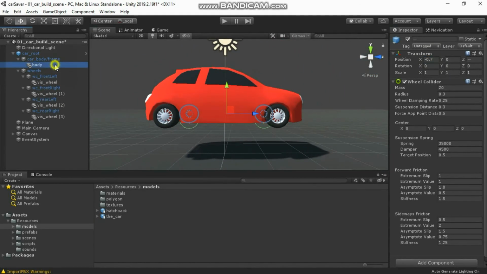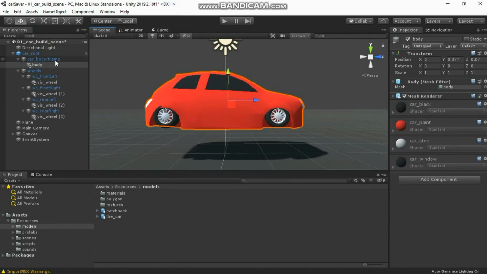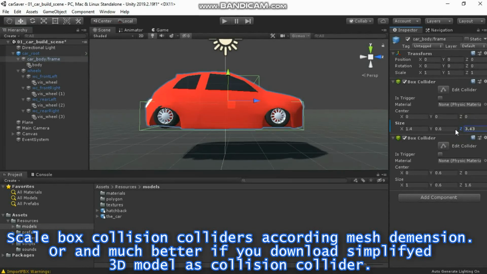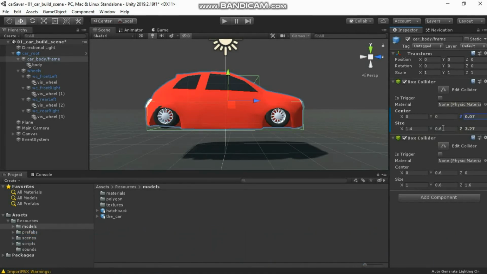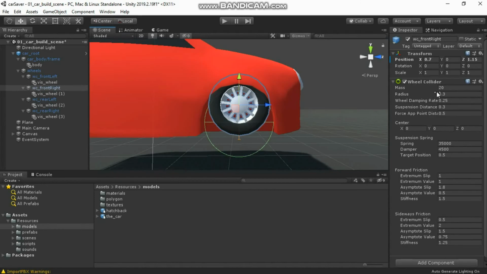Now it's pretty good. Time to align the vehicle's 2 box colliders to the car body mesh dimensions. If your project is focused on collisions, it's better to load a unique mesh collider. But for most pure racing games, the boxes are enough. Try to align the bottom of the car body mesh to the bottom of the box collider. Don't be afraid if the wheels are too deep inside the body, because we will set it up later. It can be done only in real-time mode.